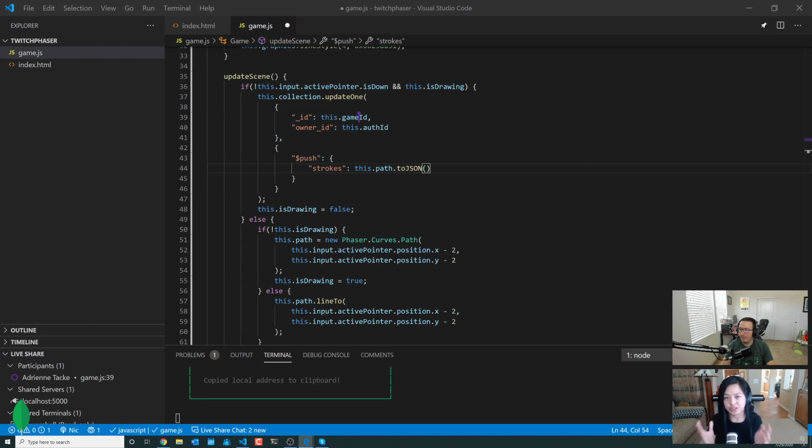So the automatically generated underscore ID in the documents will happen if we just decided to use it as is. But because we are using the underscore ID field as our identifier, we want to use the actual game ID that we generate as our underscore ID. This is how we determine which games are being played, and if we're joining or creating a new game, that's how we tell them apart. So we're kind of overriding the underscore ID field to be the game ID in our game. Anything I missed, Nick? No, that makes sense.